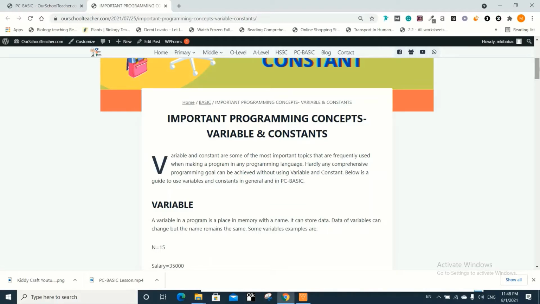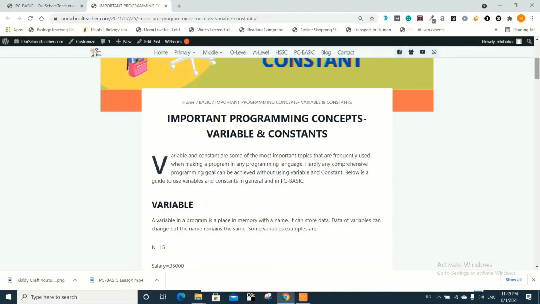When you change the data, instead of Pakistan, you replace it with Karachi, for example, then the name of the variable will remain the same, A, but the data will be changing. So that is why it has been given the name variable. It can change its data, but the name of the variable remains the same.